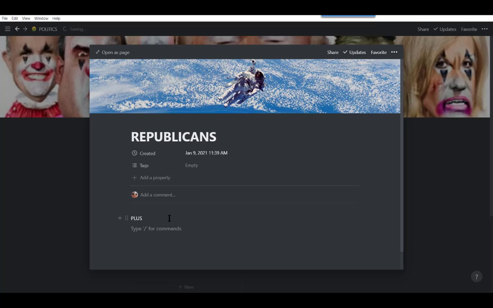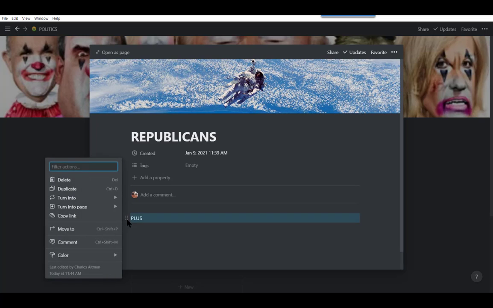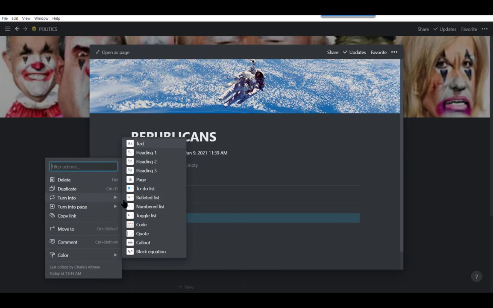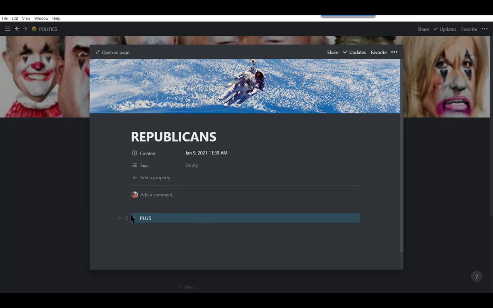So you see how I just typed plus in. If I click on this little box here, I could turn that plus into a toggle, right? And I'm going to add something to the plus. Business